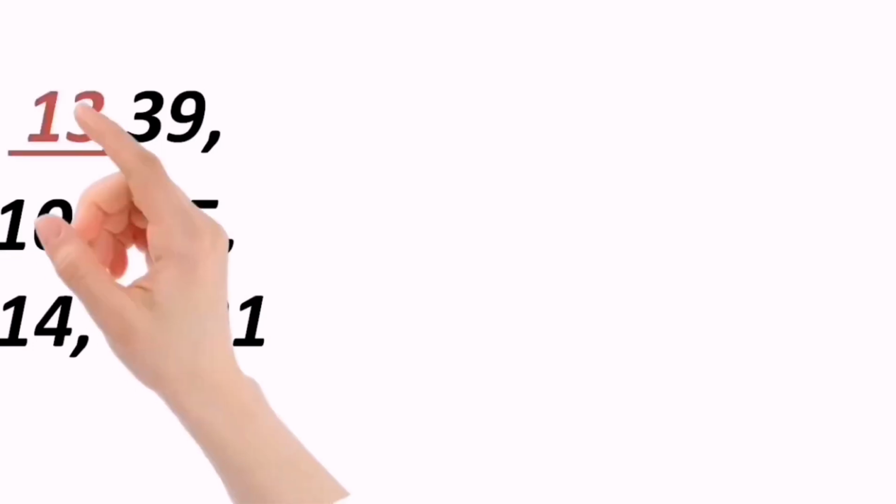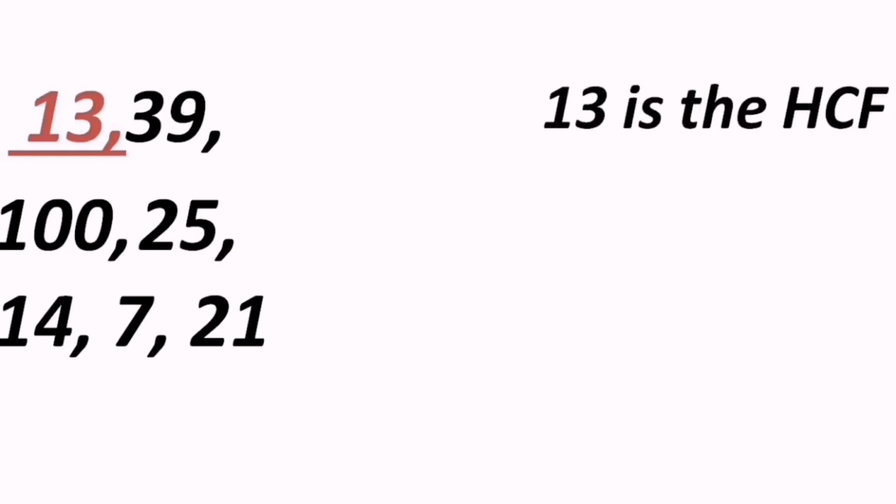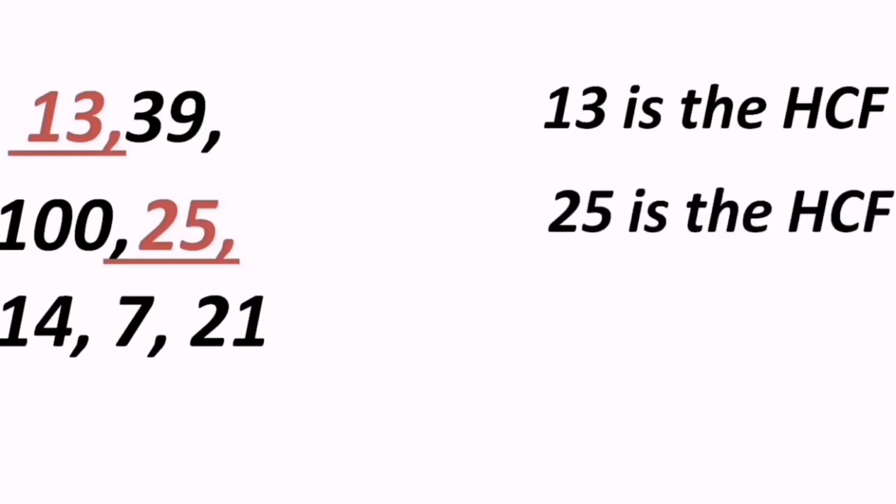Okay. So let's try a few more sums. Here are the questions in front of you. The very first thing we need to check is which is the smallest number among them. So for 13 and 39, which is the smallest number? 13, yes. And in 13's table, we get 39, that is 13 3s are 39. And what can we say? 13 is the HCF, right? Just by observation, just looking at them. So can you guess what the HCF for 25 and 100 can be? Yes, 25 is the smallest. And of course, in 25's table, we get 100. And that's why 25 is the HCF.